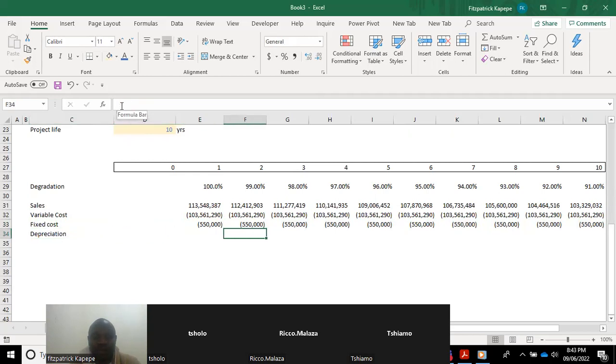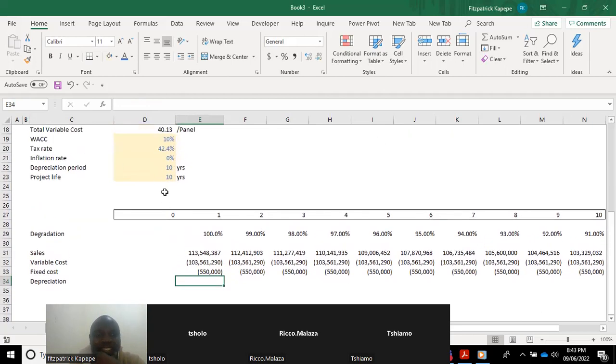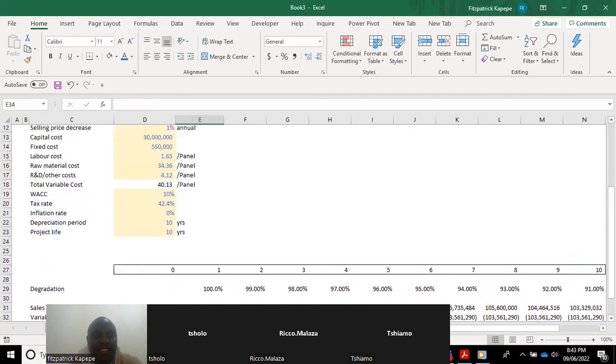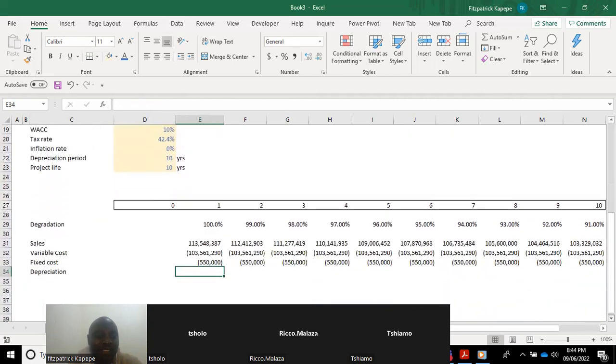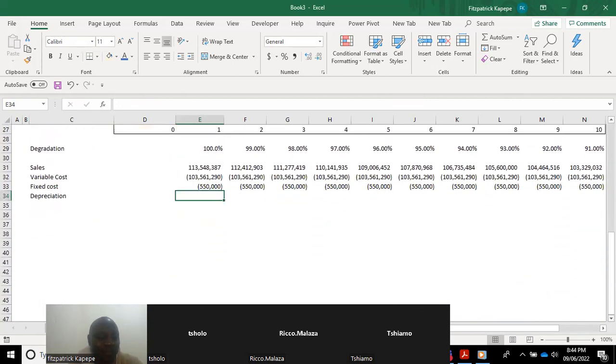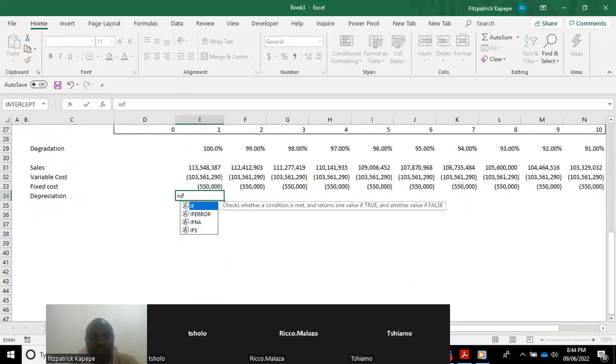Then on depreciation, we have been given that the project life or the depreciation period is 10 years. We can easily divide the 30 million by 10, so we know the depreciation is 3 million. But sometimes if you want to impress your lecturer, you can put in a function, though it doesn't matter on this one. All I can do is say equals if